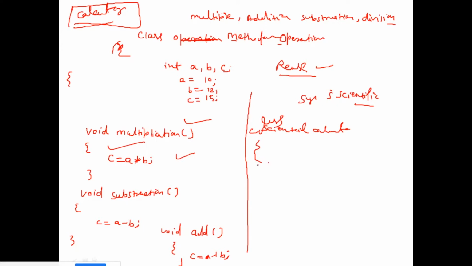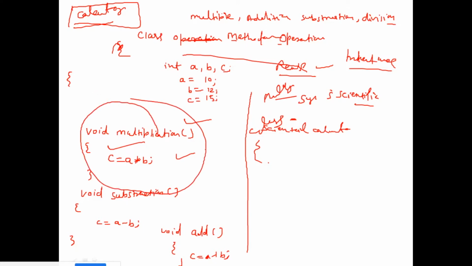And how can I do it? By making the objects of this class. Sometimes when you use inheritance, it directly extends all the properties of the class, so this class will be fully loaded, right? Suppose I only want to use this multiplication method inside this scientific calculation, so just make the object. You have heard about the IS-A and HAS-A relationship, right?